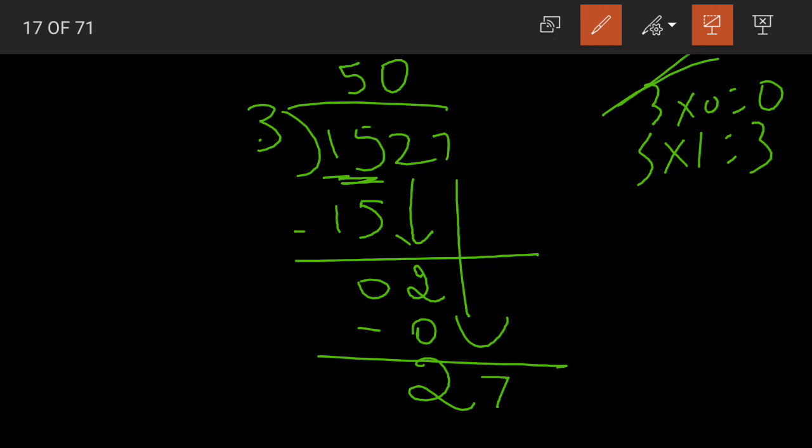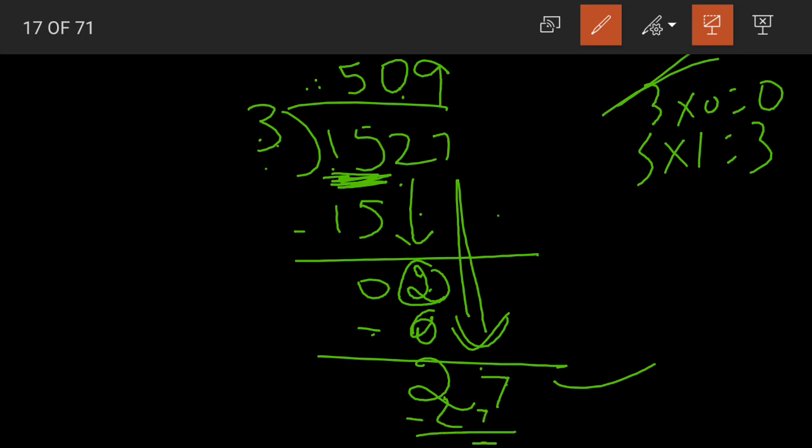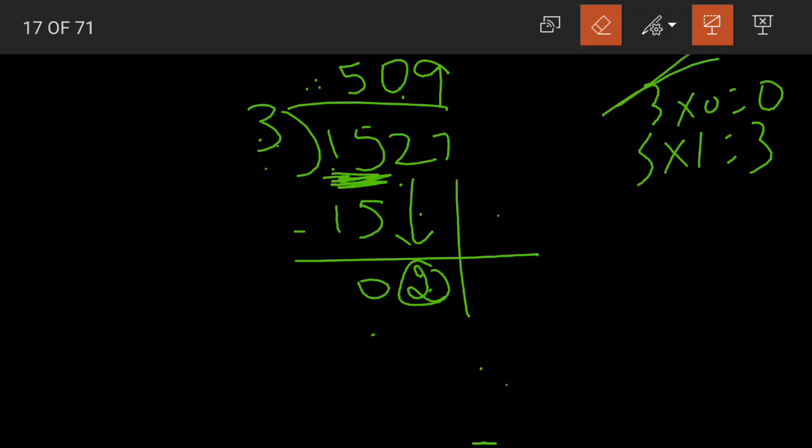Okay, when we are doing the first digit, there is no need to write 0. But in the middle, when we have a digit which is less than our divisor, then we need to go with 0. 3 zeros are 0. When we subtract, we get 2, and only then can we bring another digit down, that is 7. Now we have 27 in the 3 table. 3 nines are 27. When we subtract, 0 will be our remainder. Clear children, how to divide a 4-digit number? This is one way. Or the other way is that, let me erase this.